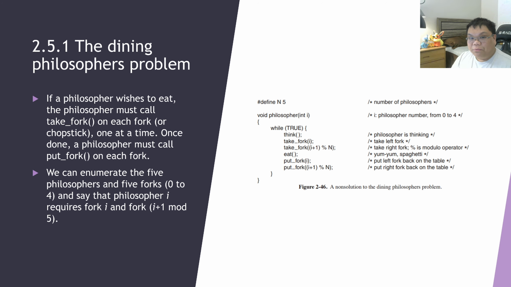So, take the left fork, take the right fork. Eat, put down the left fork, put down the right fork. So that is the sequence of steps that a philosopher must do when they want to eat. Sounds like a reasonable solution, but